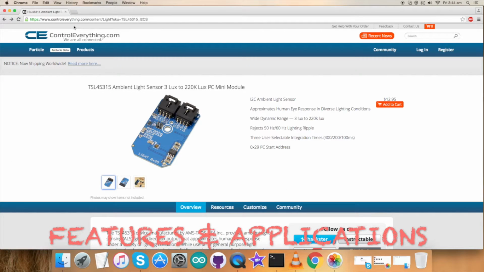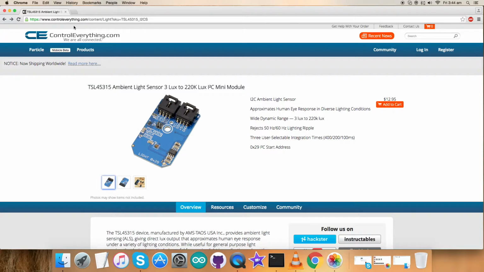Well, we have just seen the working and interfacing of the sensor TSL45315. The TSL45315 provides ambient light sensing, ALS, that approximates human eye response under a variety of lighting conditions. The device has 3 selectable integration times and provides a direct 16-bit lux output via an I2C bus interface. The wide dynamic range of the ALS makes it particularly useful in outdoor applications where it is exposed to direct sunlight.